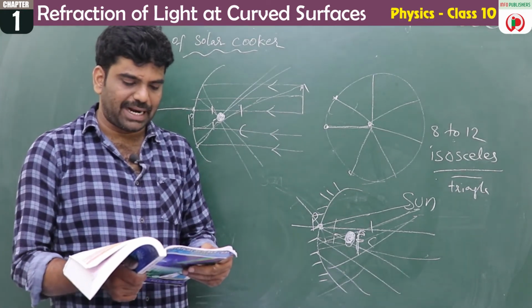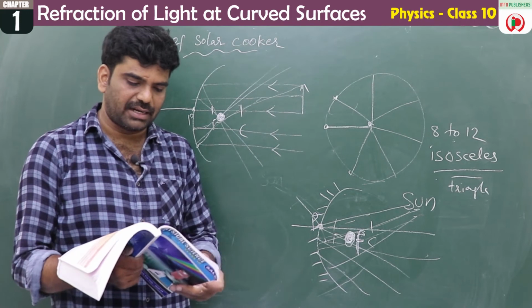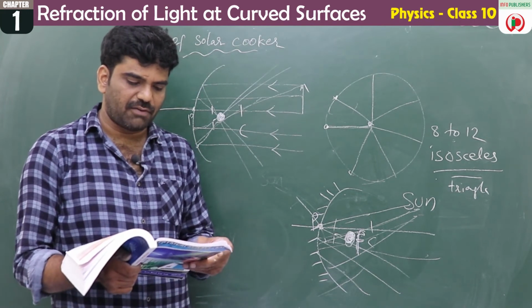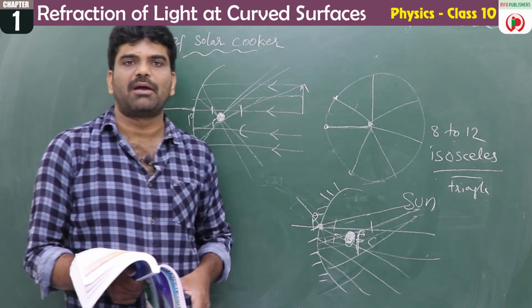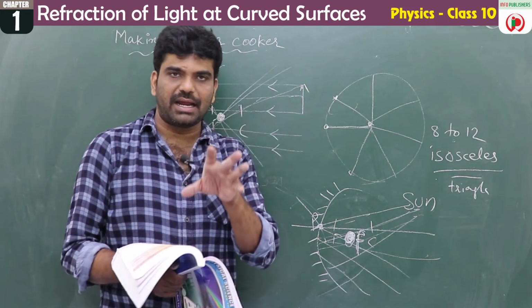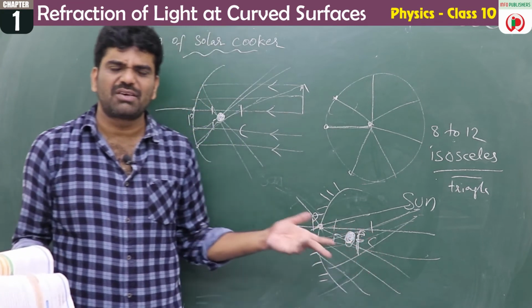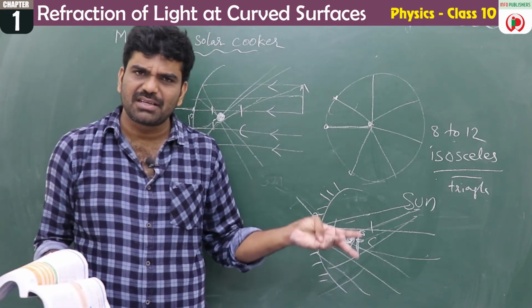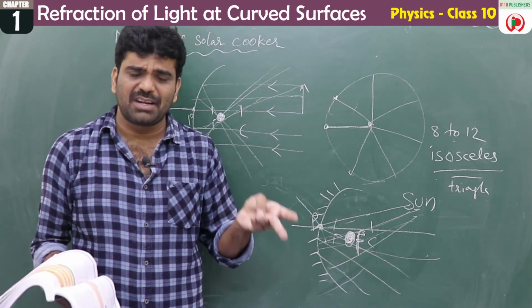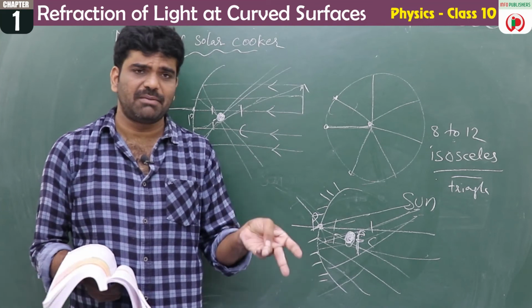In practical applications, like in car headlights, concave mirrors are of parabolic shape. You know that parabola, yes or no? The car headlights are in the shape of parabolic shapes. So all these are applications of concave mirrors. Concave mirrors are used by the dentist. Concave mirrors are used as shaving mirrors.